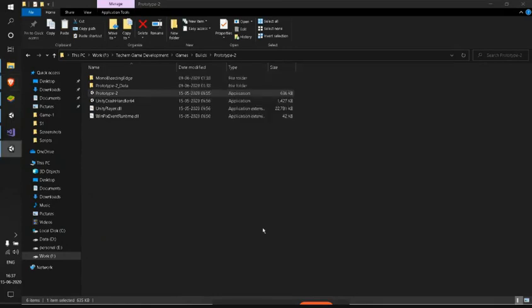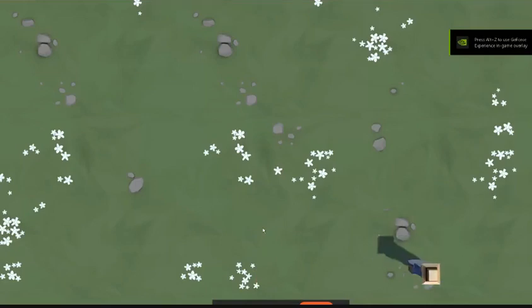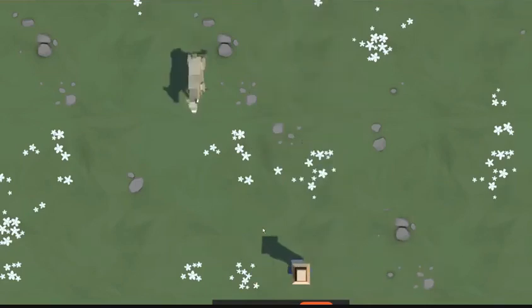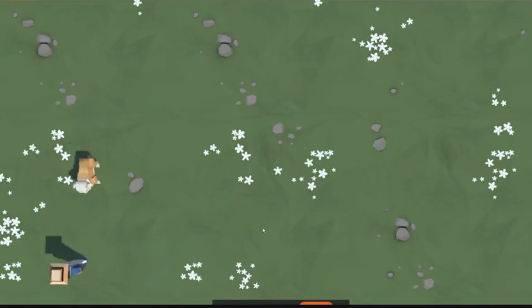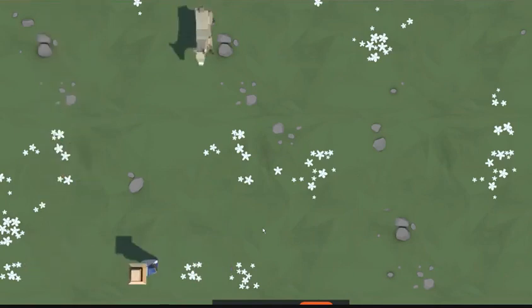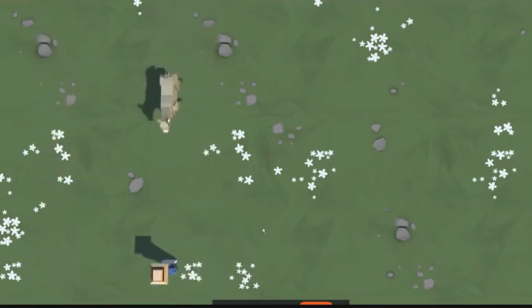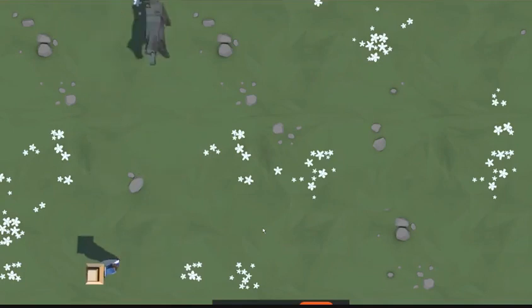So let me click play and see. I may be using different animals, but the overall theme is the same. So this is the thing we need: random animals coming from random positions.